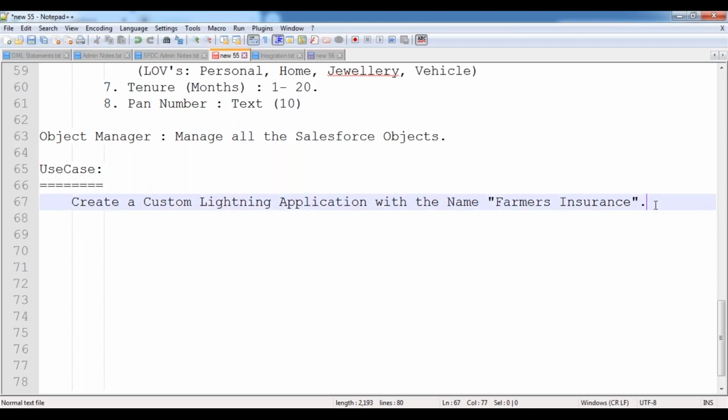Now, I want to create a custom application with the name Farmers Insurance. Then, how can we create this custom Lightning application? We'll see practically. Whenever you want to create a custom application, I want some logo, right? Yes. Now, as step one,